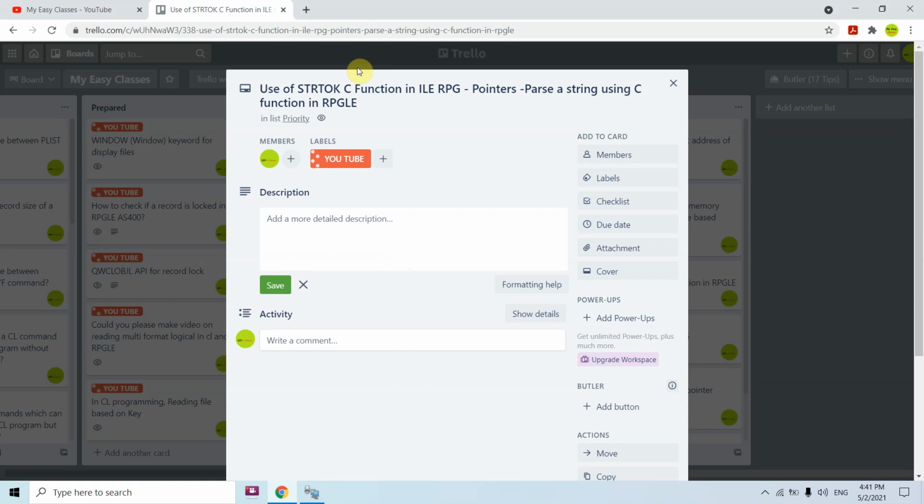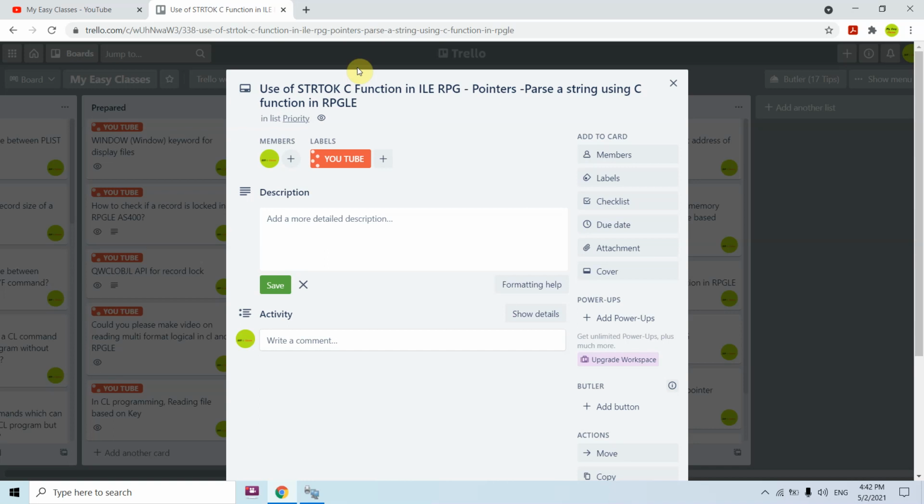Basically we can use this for parsing, because as you all know, whenever we are parsing a string, people sometimes write code to extract the words from a particular string by doing several things, like replacing the commas with blanks, then scanning for the blank, and retrieving the value before that blank one by one. Why put in so much effort if we already have a function in C which can perform this very easily?